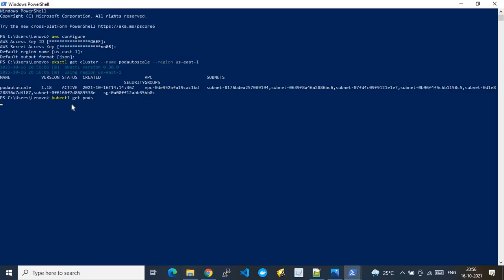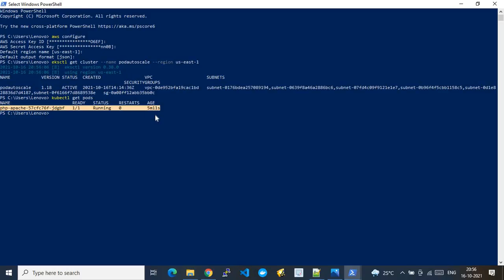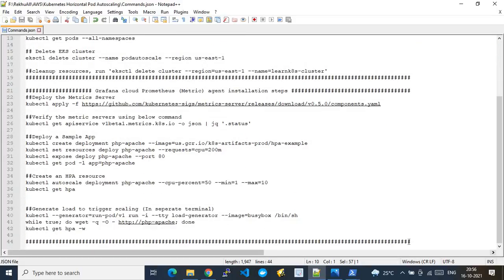So what this command does is it will use the existing kube config credentials and try to query our eksctl EKS cluster and try to get the pods data. So as we saw, this is our pod and it is currently in the running state. Okay. Now we have to perform the next step from this console. That's the reason I have used a separate console for it.